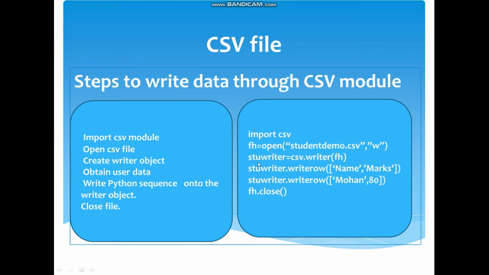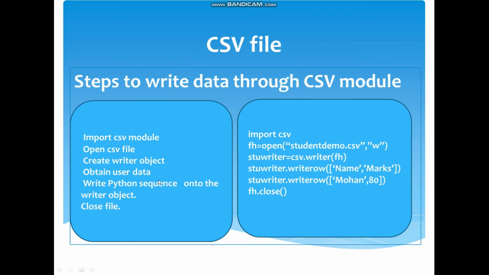Why? See, this line is very important. We are creating the writer object because this is going to write things, and write where? To the file object fh. This is the file object. stu_writer is going to write on the text area created by this object, that is fh, and with the help of which function are you able to do that? csv.writer. Okay, so creating the writer object is something like this.